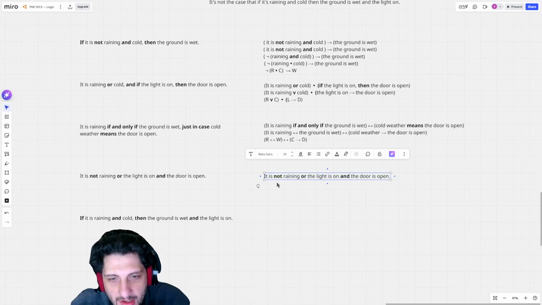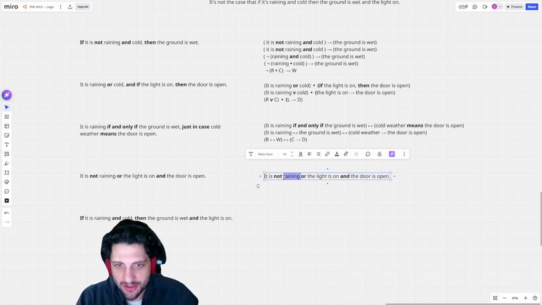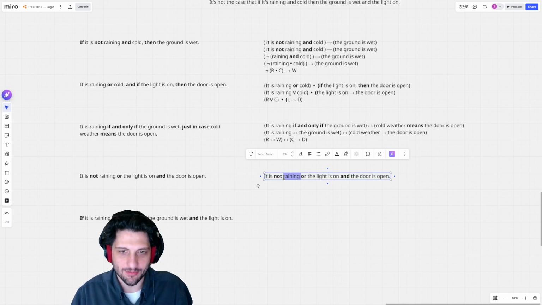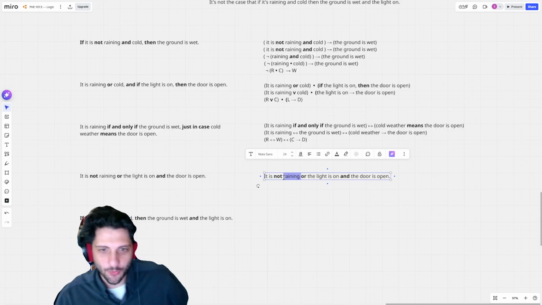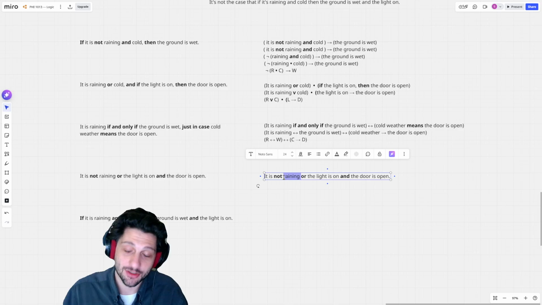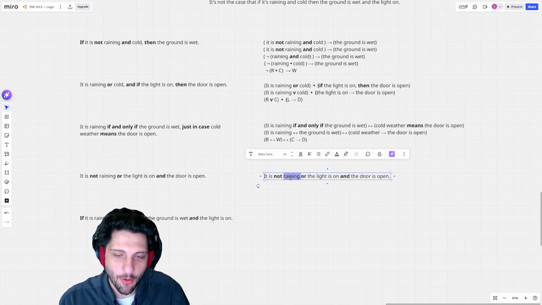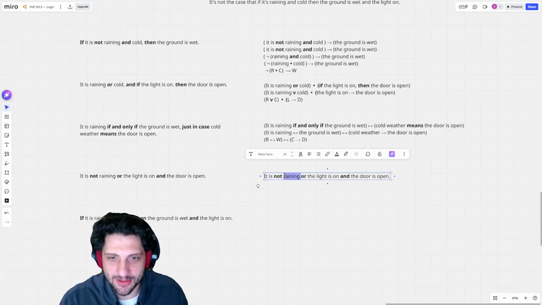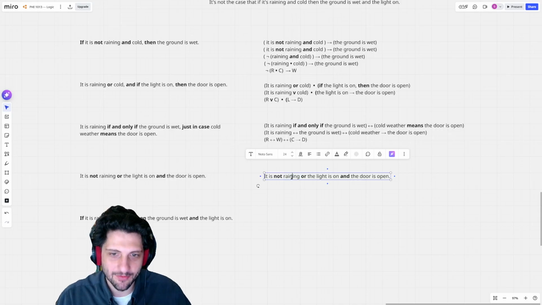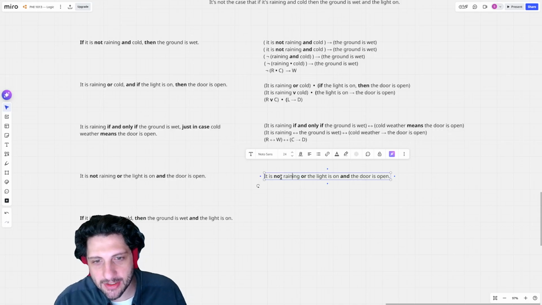So again, this sort of super English parsing is not what I'm really going to be quizzing you on. There are some important things with translating that we'll be talking about next time too. My point here is that this is me working through some intuitions, and generally speaking, I'm going to give you exercises that don't require you to do the same exact thing. But in this case, if not was going to be referring to raining and